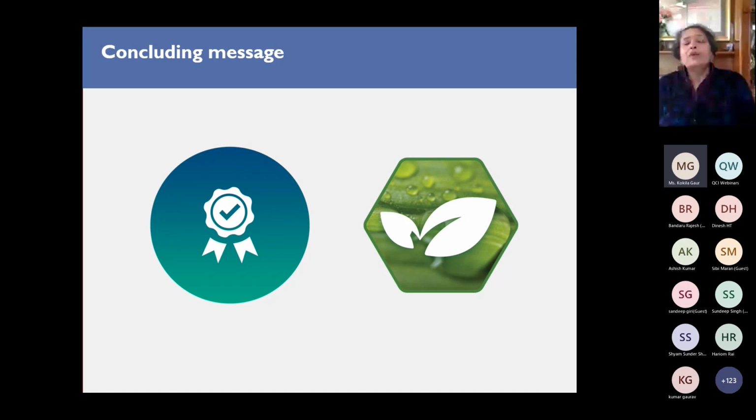Okay, so the concluding message, I think, throughout this presentation has been that a quality award, for example, for excellence in achieving quality, should also be congruent with the sustainability award. This idea reminds me of one of the initial discussions on quality we had in an organizational setting, where we were talking about achieving quality and a good quality product being produced in a factory, but a lot of garbage lying in one of the corners. So how would you say that that factory is receiving a quality award because the process is controlled and impeccable, and every time the same specification, a uniform, consistent product is being churned out, and the customers are also very happy? But if there is garbage lying in one of the corners or unsorted material lying in one of the corners, then how would you actually deliver a quality award